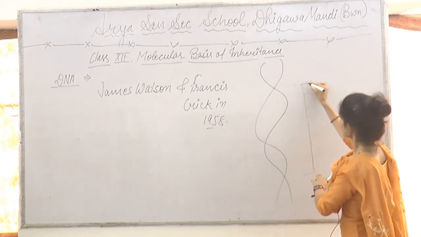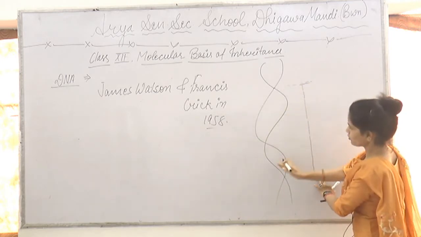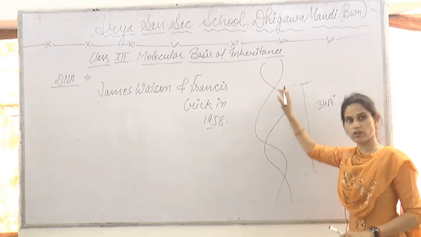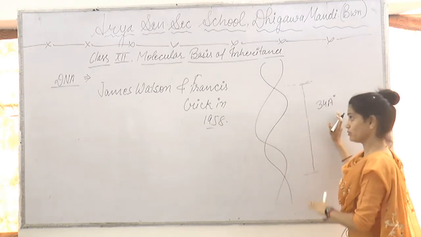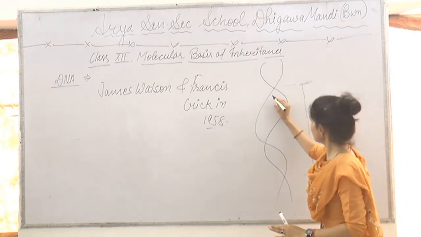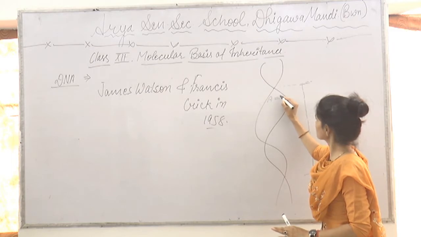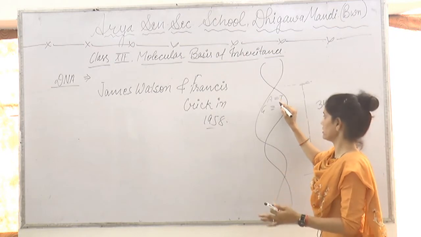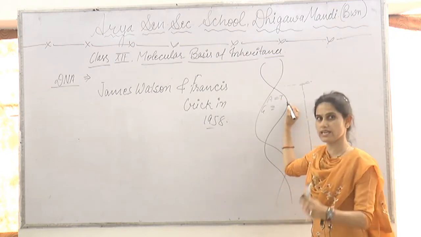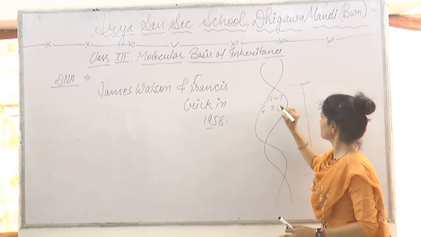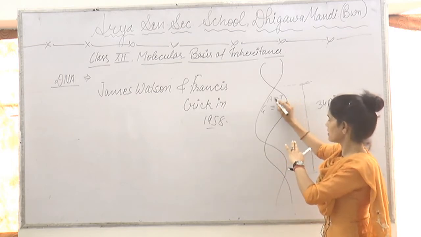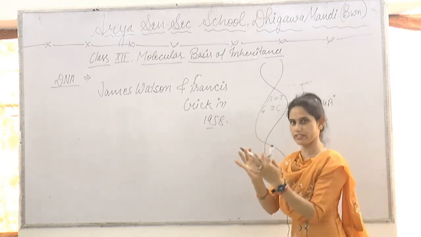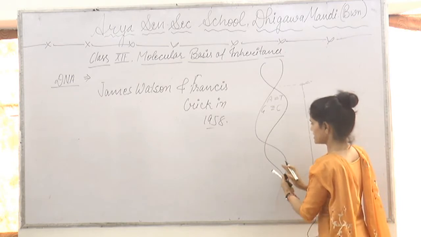Okay, this is one helix, and the length of one helix is 34 angstrom in the case of bDNA, and at the center there are nitrogenous bases present. Always A pairs with T. T means thymine, A means adenine, and guanine always pairs with cytosine. There are both strands, one is this and another one is this. Both these strands are complementary to each other, and they show anti-parallelity.